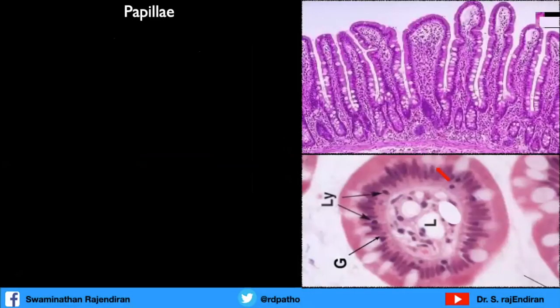Many people never think of the papillae as a differential diagnosis of rosettes. Here I am showing the normal jejunal epithelium with villi. And again, when the villi are seen like this, there is no problem. But when you cut this, when you see the tangential section, and if they are crowded, not only in normal, in some papillary processes, for example, tubular adenoma or papillary carcinomas metastasizing to the brain, they may look like rosettes.